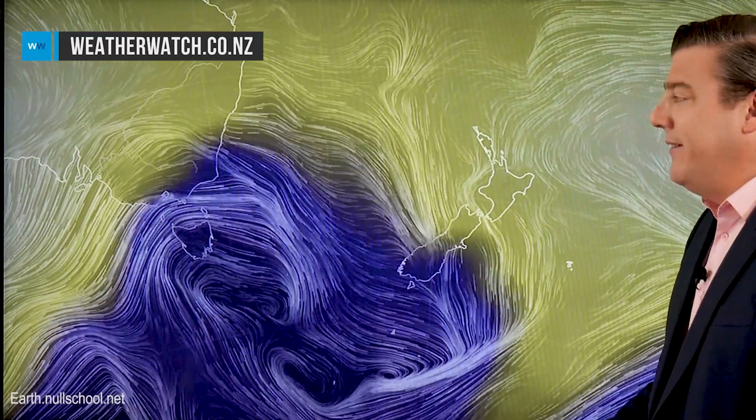Well, the forecast for New Zealand this week is a warm and windy one to begin with, and then it turns cold. It turns wintry by Friday and Saturday, and it lasts right through until at least Tuesday of next week. A big temperature drop coming, heavy rain for the west coast, but in saying that, still plenty of sunny, mild weather as well. So let's kick off with the animated wind map for Monday and look at all this